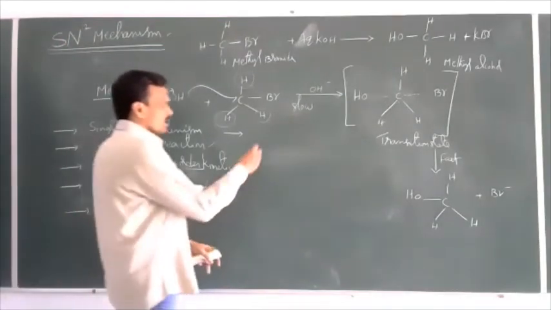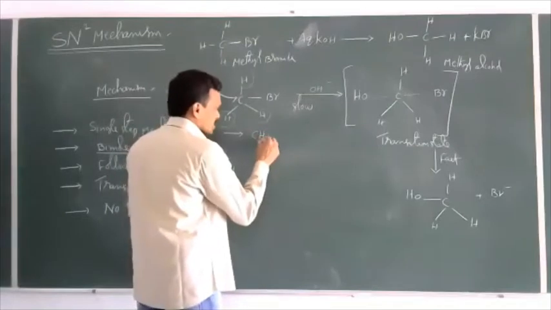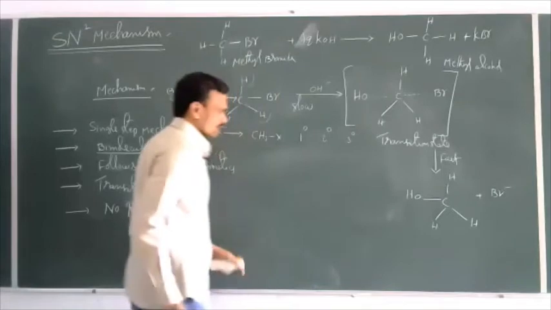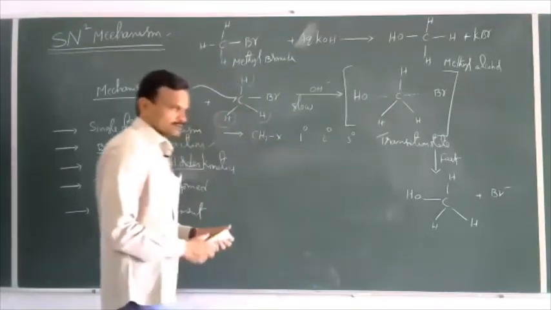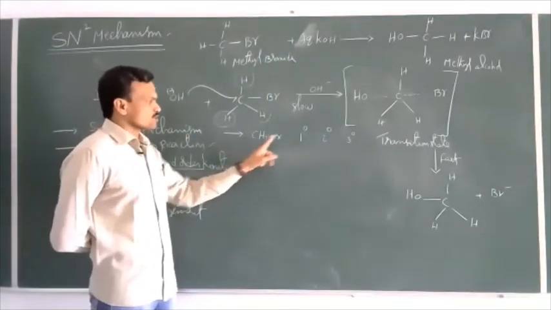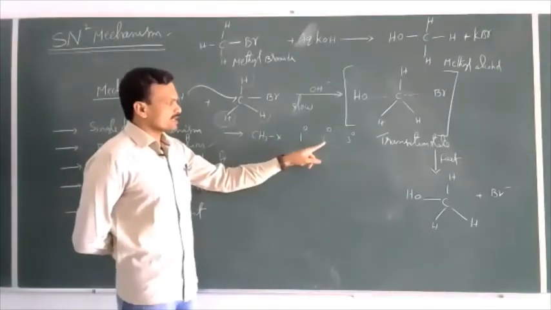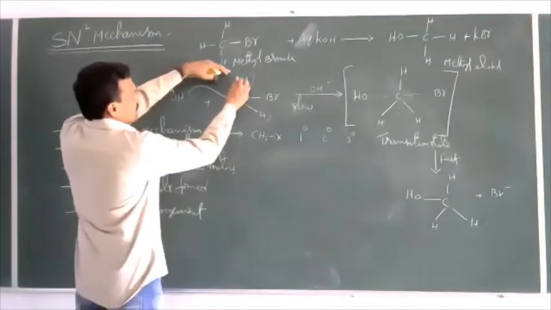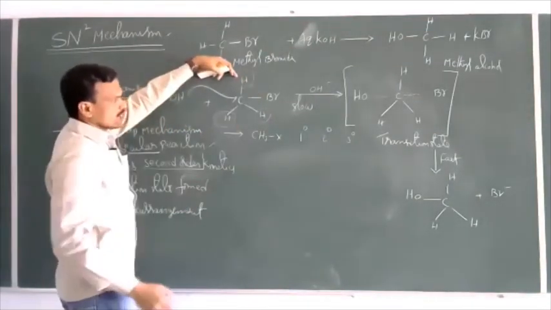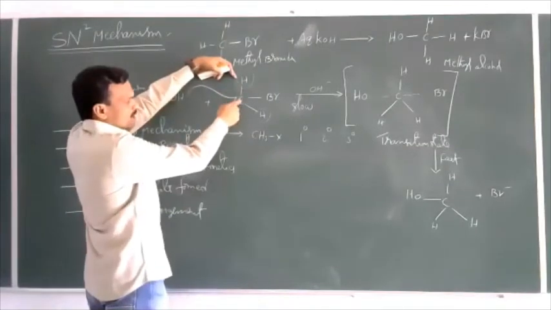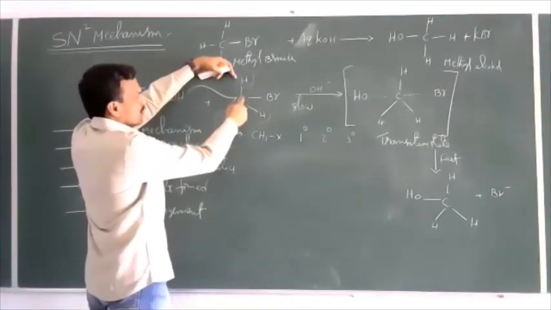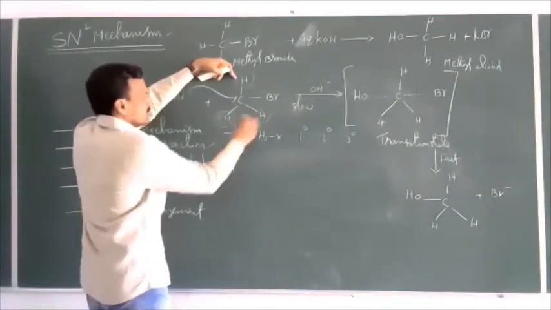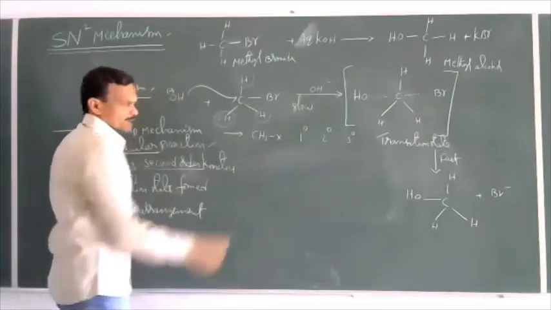What is the order of substitution? Here I take methyl halide CH3X, primary, secondary, tertiary, the number of substitutions increases. Here the halogen carbon is attached to one carbon. Here it is attached to two carbons, and here to three other carbons. Suppose I take here CH3, now this becomes which type of haloalkane? This is a primary haloalkane. Here also if I take CH3, secondary. Here also if I take CH3, then it becomes tertiary.